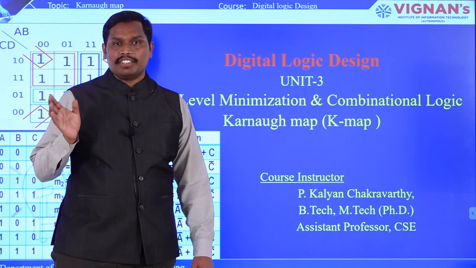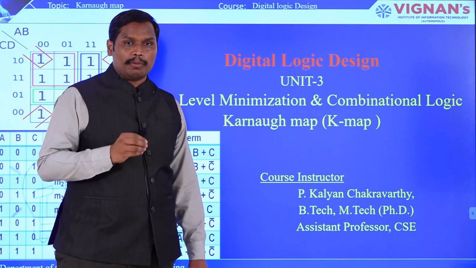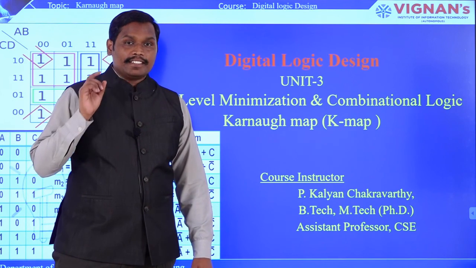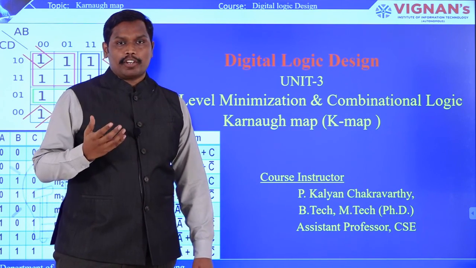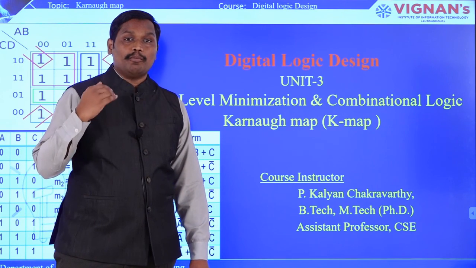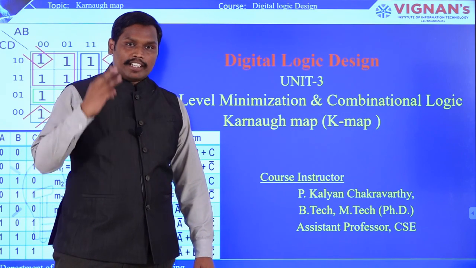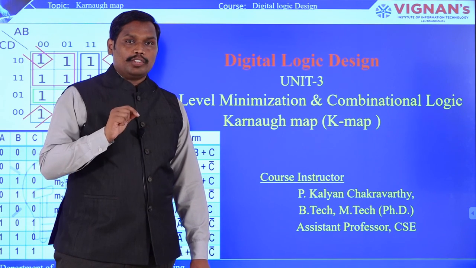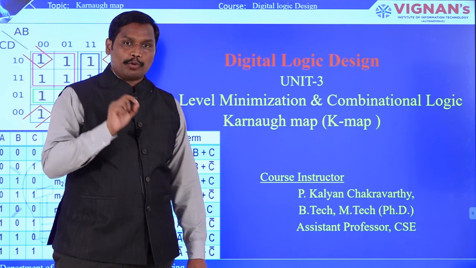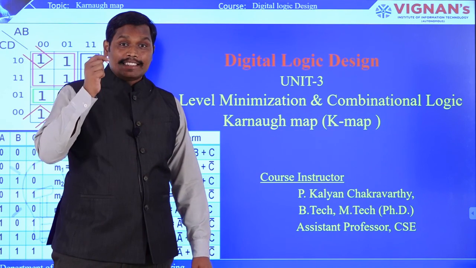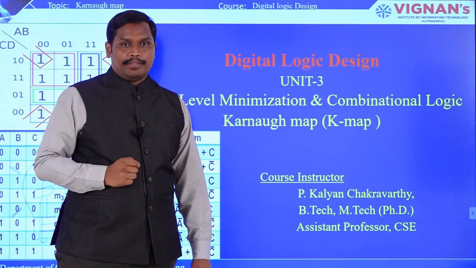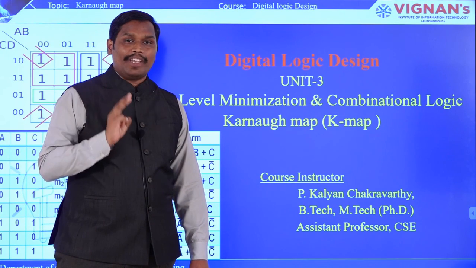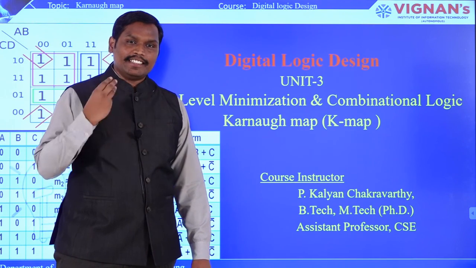For example, in the prerequisites, I think you people have already solved some of the problems of the Boolean expression that is given in SOP, that is sum of product form, and sum of product form is now simplified with the help of Boolean algebra. Okay, so there are 3 techniques. Number 1 technique, when the Boolean algebra is used, Boolean algebra makes use of rules, laws and theorems to simplify the Boolean expression. Okay, so the second technique is Karnaugh map, and the third technique is Quine-McCluskey tabulation method. Why these 3 techniques?